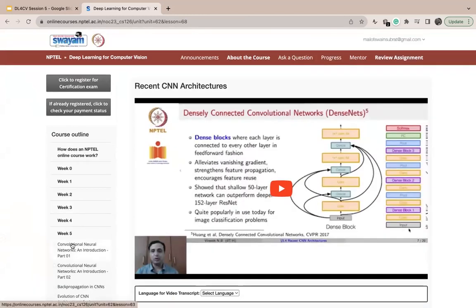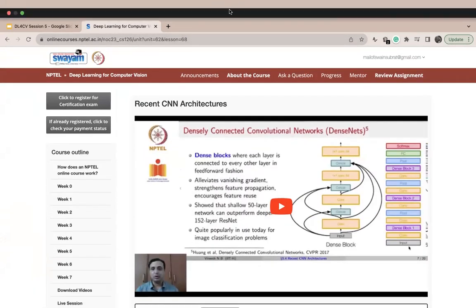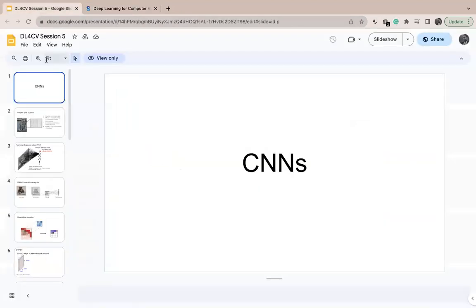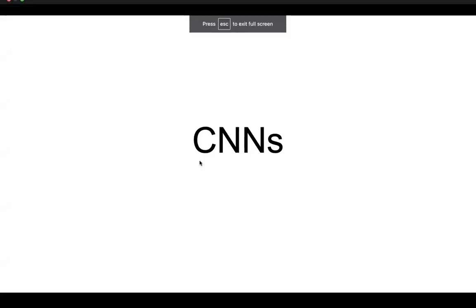So in today's week, we'll start with the CNNs and the basic concepts of CNNs. The way it will go is that I'll start by discussing CNNs, and then I will do some coding related to CNN, and then we'll wrap up the session. If you have any questions, you can ping me anytime when I'm presenting, or we can have a one-on-one discussion of some topics. Okay, so starting with CNNs,